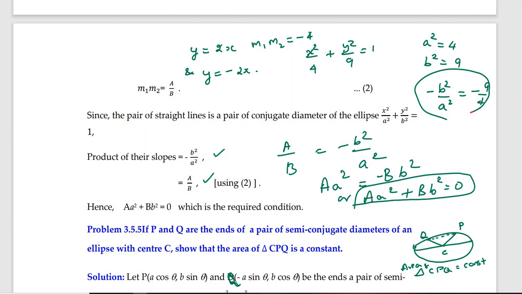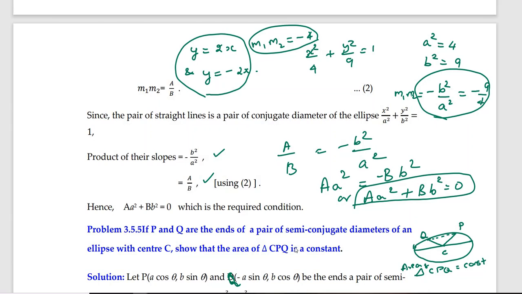So when you look at this and this, m1 m2 is equal to minus 4 here, and this is also m1 m2 only if we have those two to be conjugate diameters. But obviously this minus 4 is not same as this. So in that case, even though they pass through the origin, can we have them to become conjugate diameters with respect to this ellipse? The answer is no. We cannot have it as this.